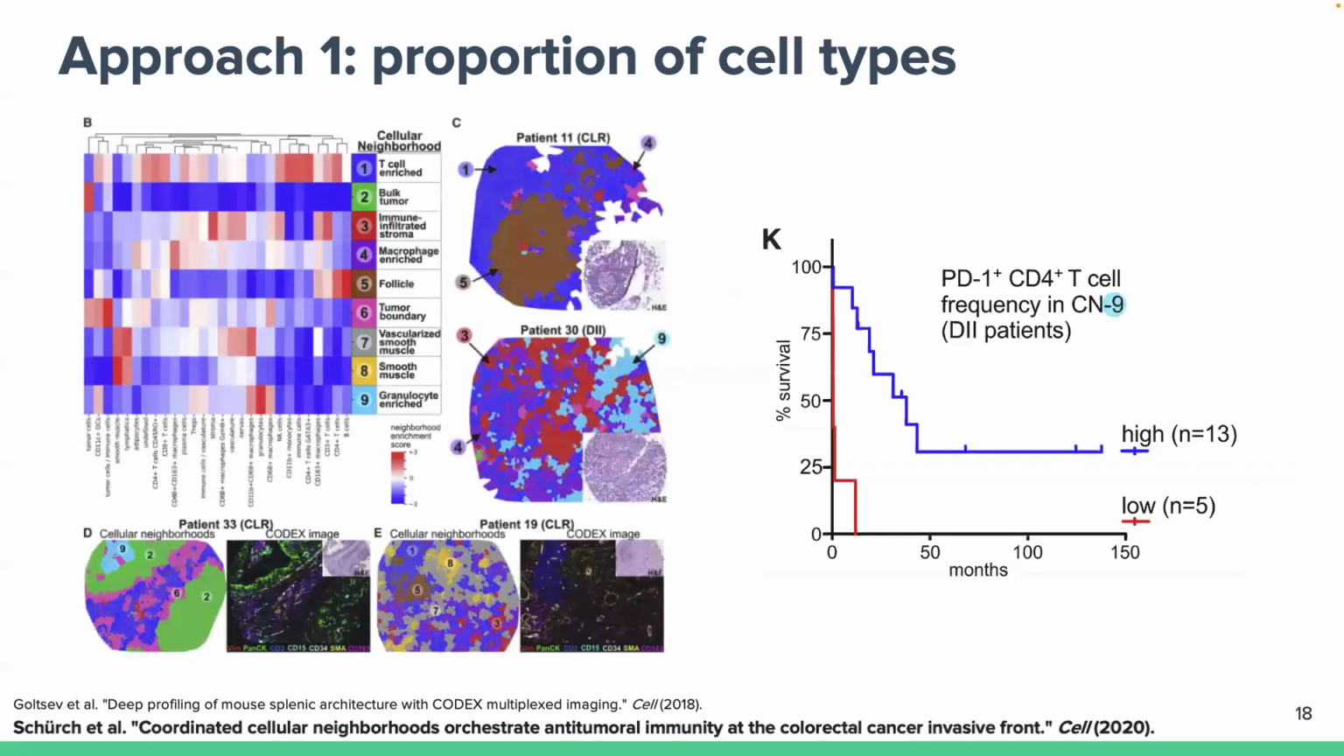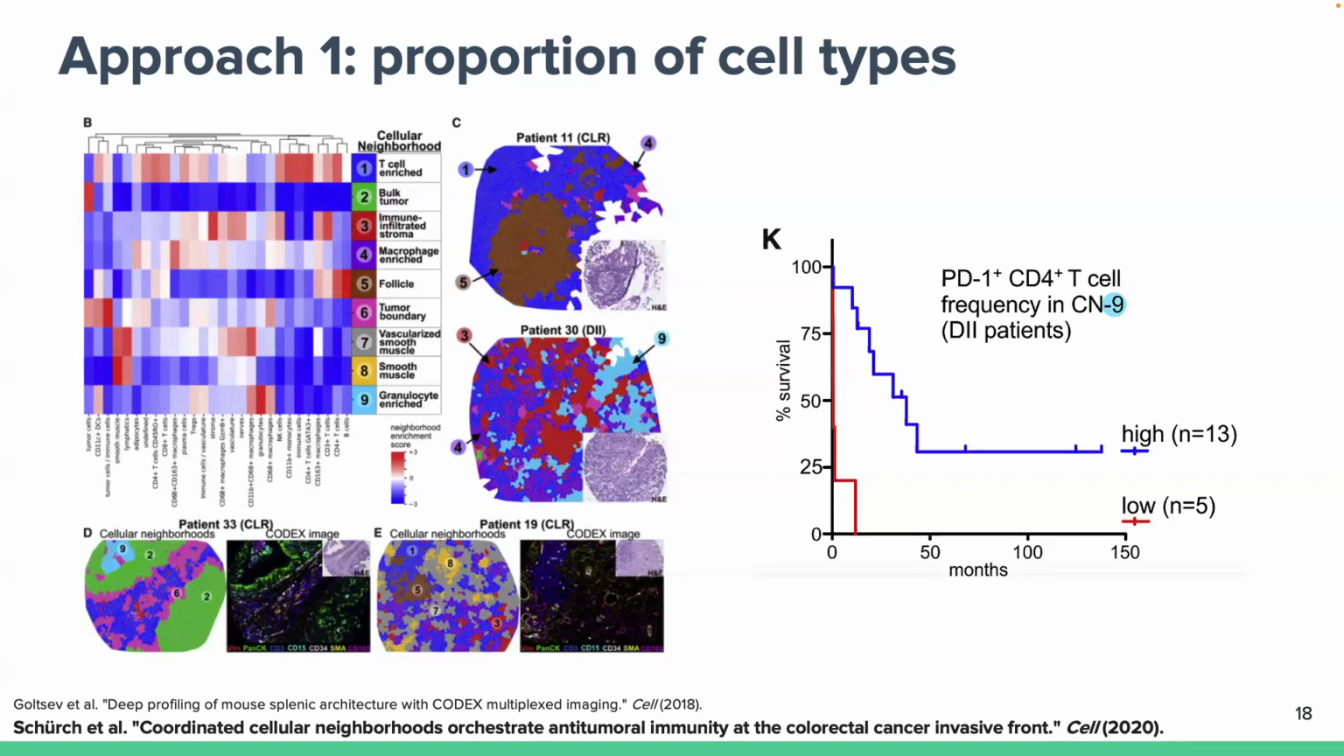So one example of this is in the context of spatial proteomics. This is a study done on colorectal cancer, on a spatial proteomics data set of many patients. In this case, they identified what they call cellular neighborhoods, or it could be niches or spatial domains. And what they observed, for example, is that in a specific domain, so domain 9,